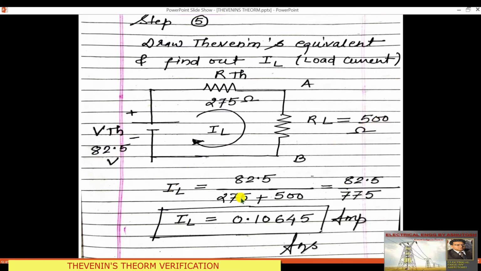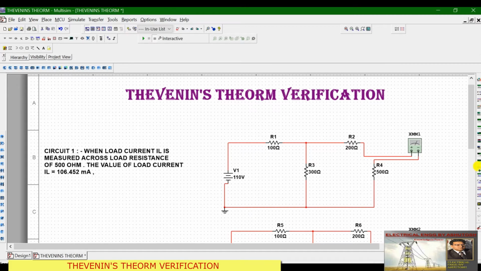load current IL equal to VTH upon RL plus RTH. So 82.5 divided by 275 plus 500, it becomes 0.10645 ampere. Okay, so this is the load current. Now we have to verify whether in that simulation circuit where we have drawn the simulation circuit, same circuit we